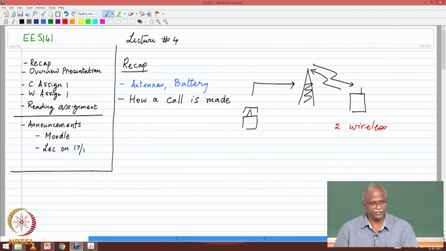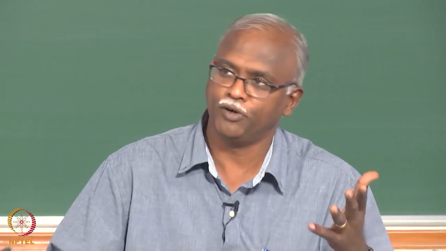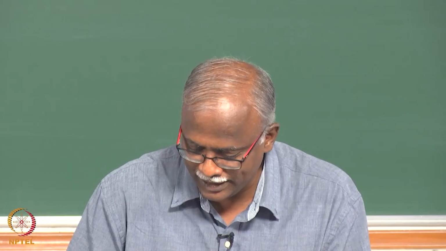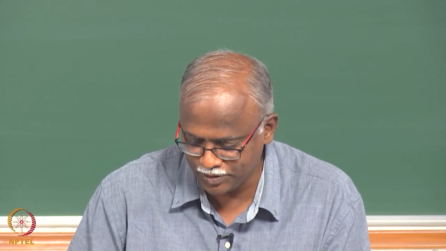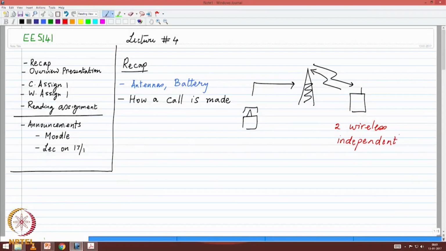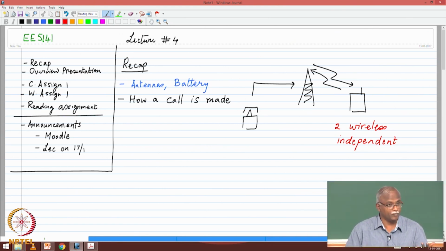They are different frequencies. That assumption is correct, because it's an FDD system. And again, our basic understanding of propagation is that it can be very different for different frequencies. So, these two channels can be assumed to be independent in terms of quality. One may be good, the other may be bad, and even if one of them is bad, your call will not be satisfactory, and eventually the system will drop your call. So, the applied question: if a mobile were calling a mobile, how many wireless links are there? 4. So, there is a higher probability that if you are calling from a mobile to a mobile, one of the links could go bad, and therefore